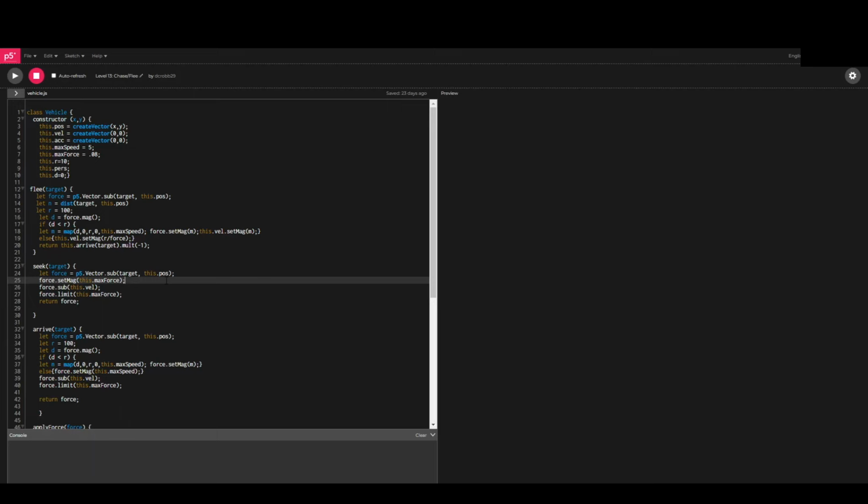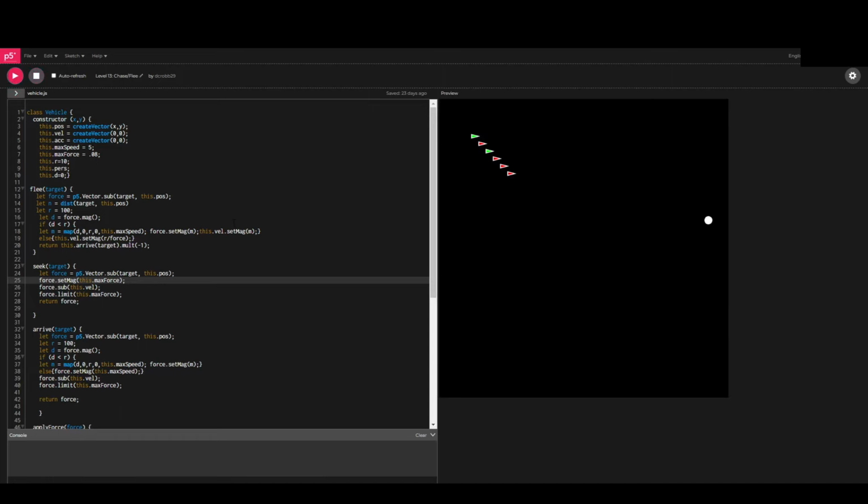Hello again. We're back in coding. Last thing I coded was arrive. Now we're working on chasing and fleeing. And this was code I wrote a little while ago, sometime after I finished the last video, and this was the first thing I wanted to do was separate